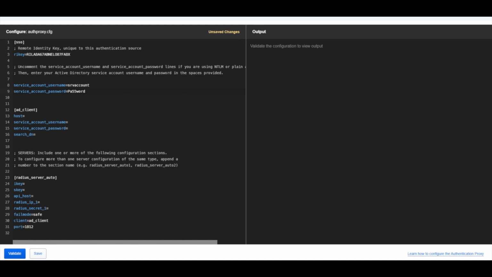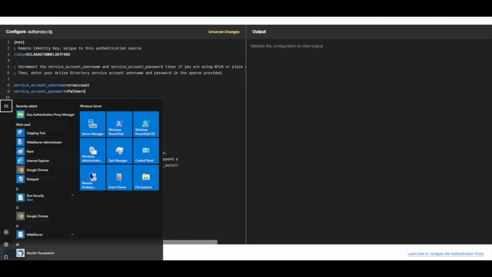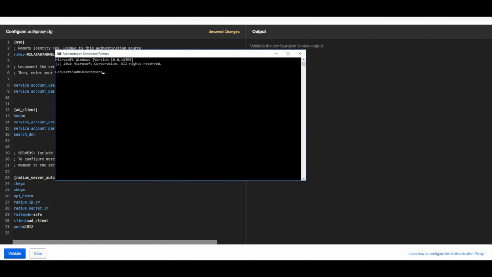For the purpose of this demo, we will just run a command which is going to encrypt everything. We need to run this with administrator privileges on the command prompt, and then we enter a command which you can find on the